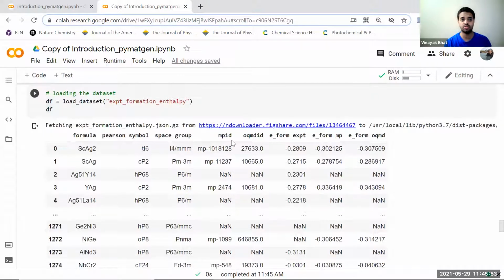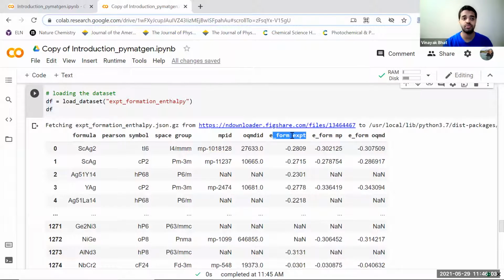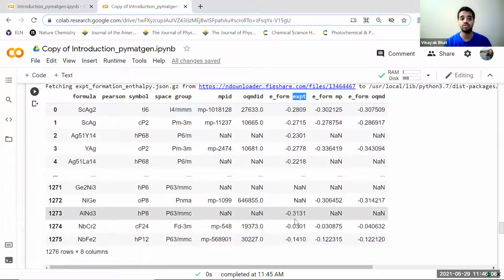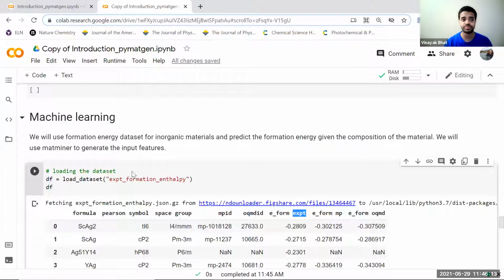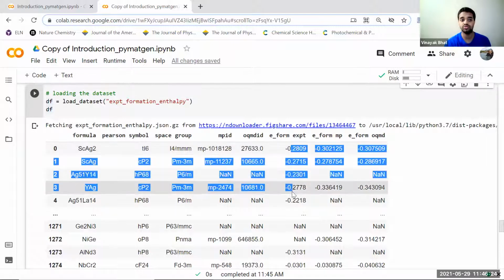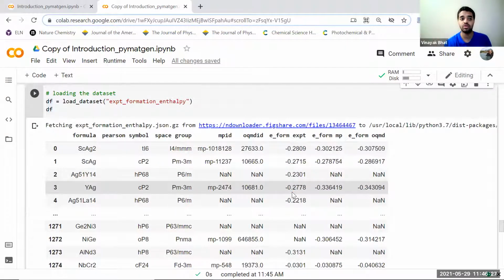And there is some data here, right? So what we'll be doing is we'll be using the formula and experimental formation enthalpy energies from experimental results, and try to predict these given the molecular formula. Okay, that's what we are trying to do. Any questions until this point? So let me get the prediction thing clear first. And these are continuous values, as you can see. These are not classes. So we'll try to use regression and not classification.